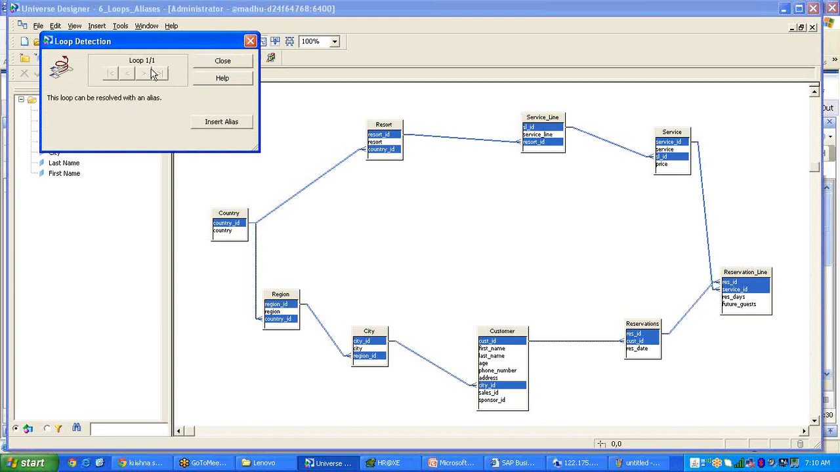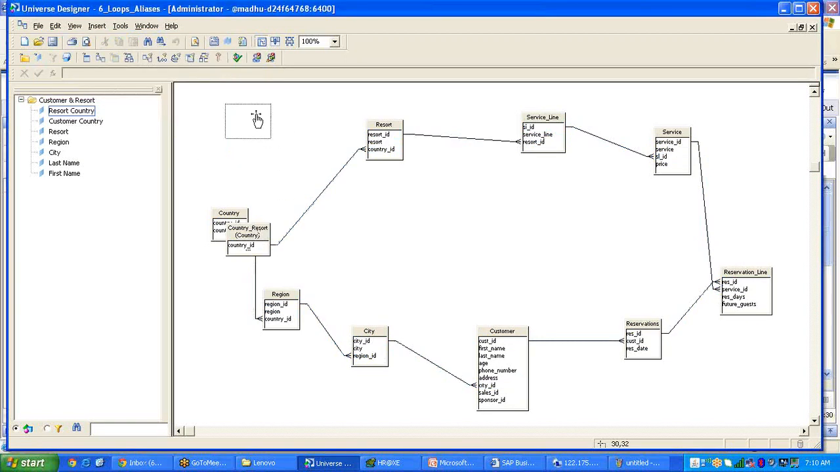So the customer table is required, and which country the customer belongs to, and the city, and the region, and the reservation line, reservations, resort table is required, service, and service line. So these many tables I'm inserting here. Fine. So once you insert the tables,